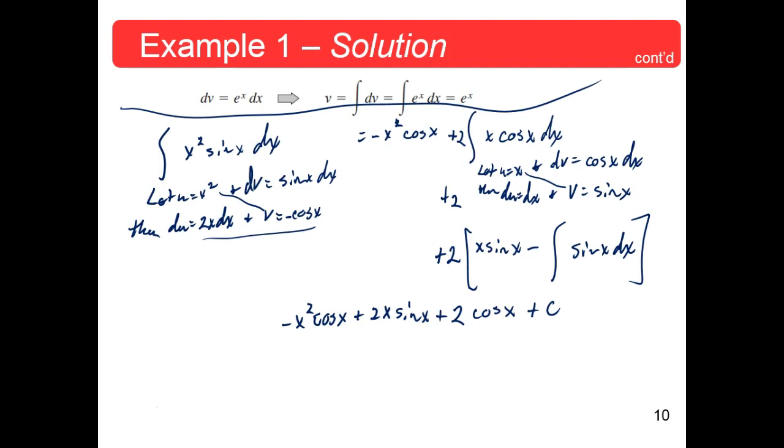Let's see what they finally came up with for an answer. Negative x squared cosine x plus 2x sine x plus 2 cosine x plus c, cha-ching. Okay. Now, when you're needing to do this, making several applications,